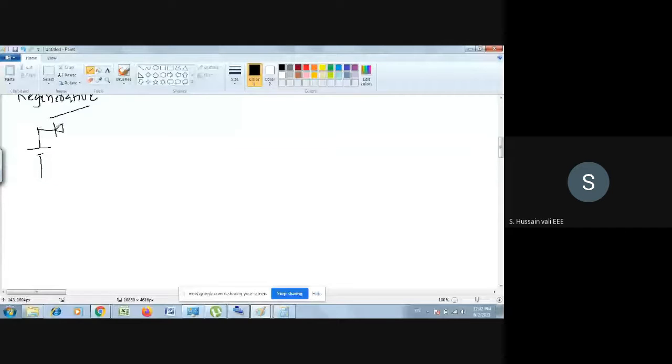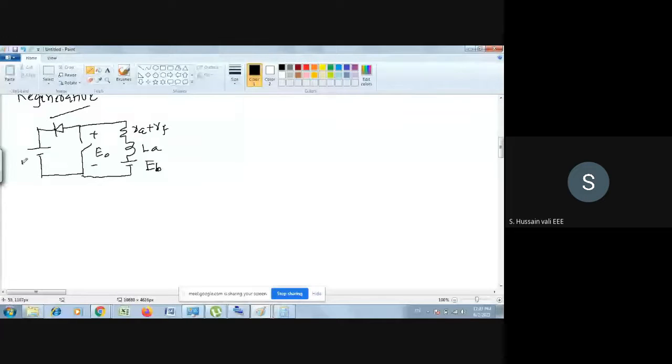See, the circuit does not change. Whatever circuit we are using, only the motor changes here. And what is the main difference between this motor and the previous motor? In place of RA, you will have RA plus RF. That's it. There is no other difference. So circuit-wise, there is no difference here. This analysis is the same as the previous one.